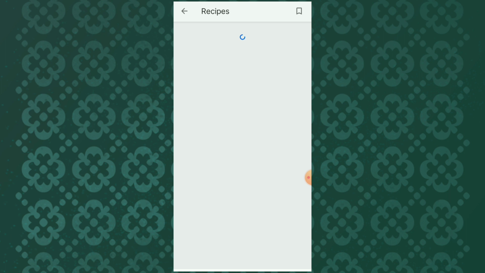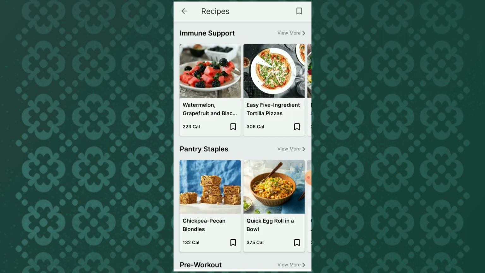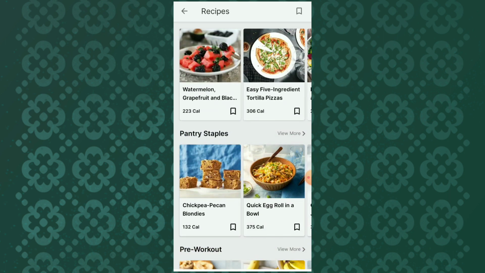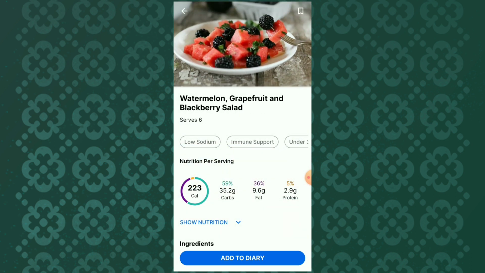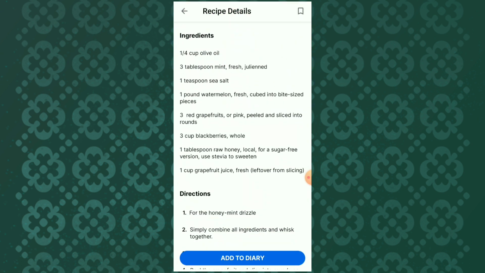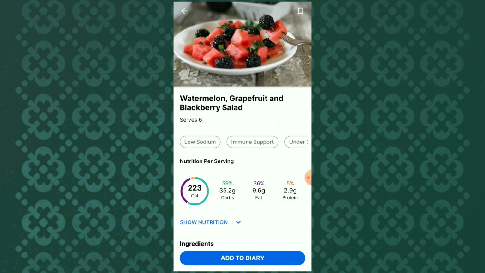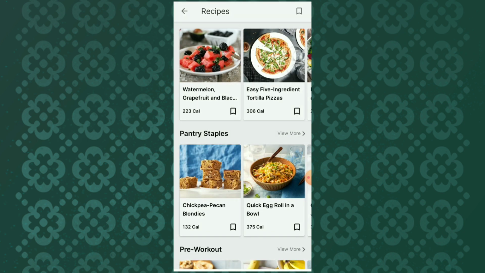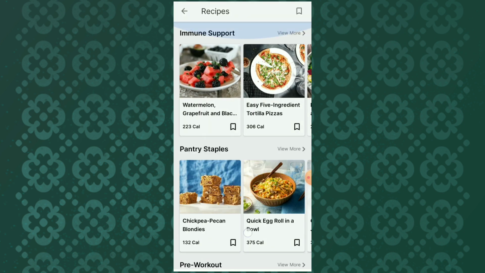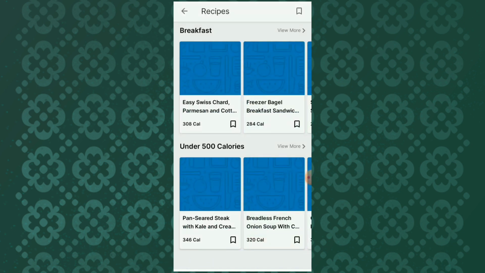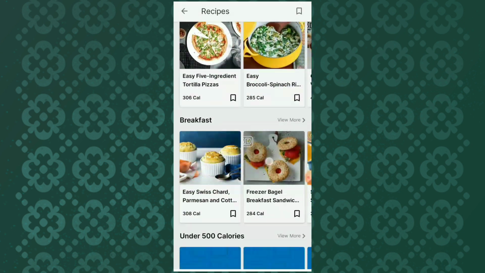After that, different recipes appear here. You have to search for a recipe. You can find the ingredients of the recipe, directions, and the calories in that recipe. You can also search recipes by your choice, and these are the recipes which are given according to the calories